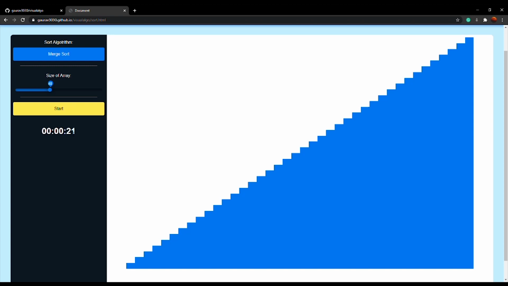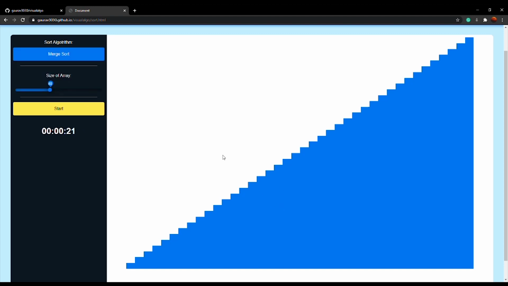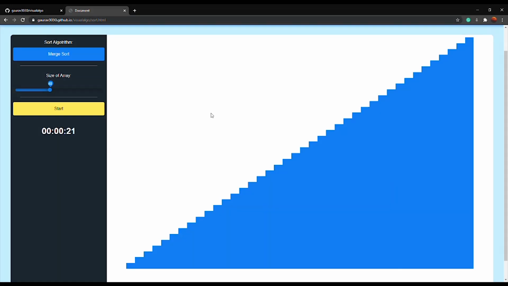So as you can see, merge sort took 21 seconds to sort an array of 40 with a 100 millisecond gap in swaps, while quicksort only took 6, which is almost three times faster. So if you want to apply sorting techniques on a smaller scale, you should use quicksort. But if you have large array sizes, or you are using a linked list where memory allocation is easy and you can merge arrays easily, then you should use merge sort.